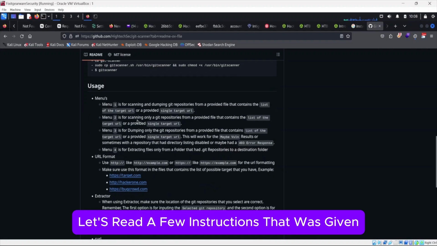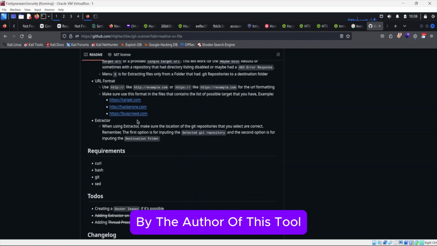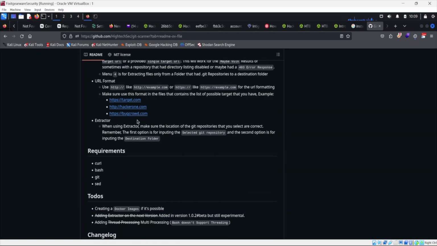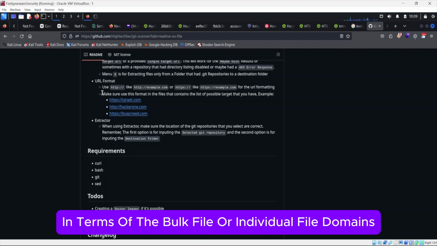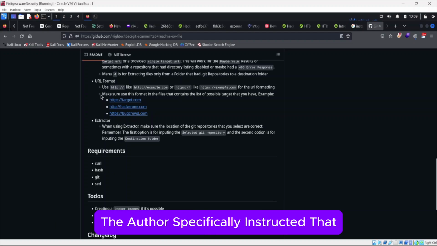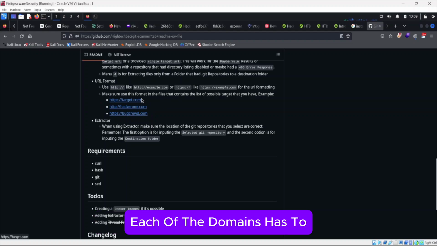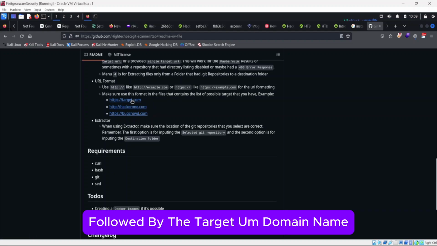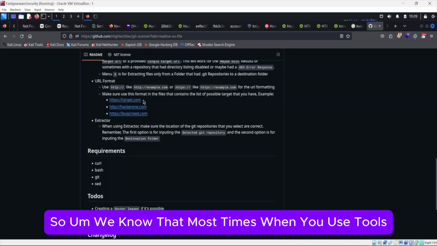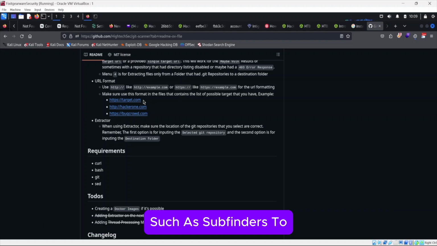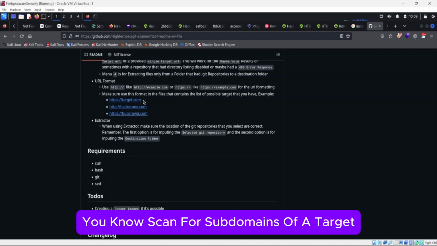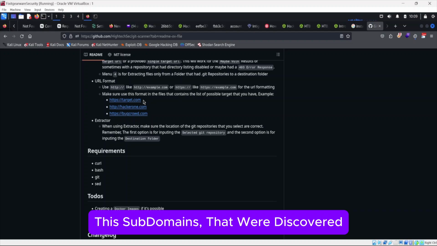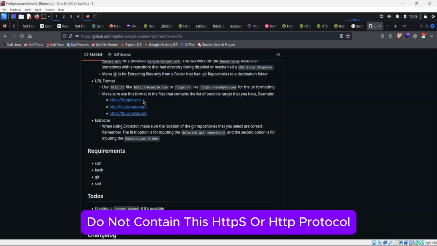But before we do that, let's read a few instructions that were given by the author of this tool. In terms of the bulk file or individual file domains, the author specifically instructed that each of the domains has to commence with HTTPS or HTTP followed by the target domain name. We know that most times when you use tools such as subfinder to scan for subdomains of a target, the subdomains that are discovered are output in a file that does not contain this